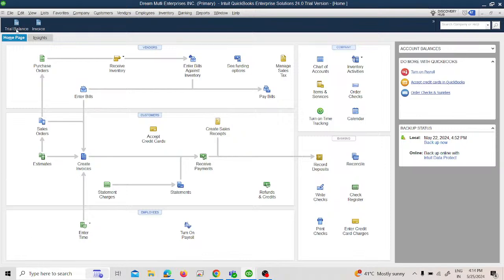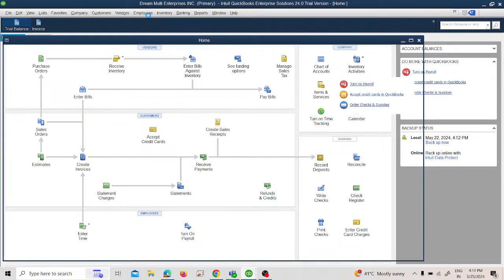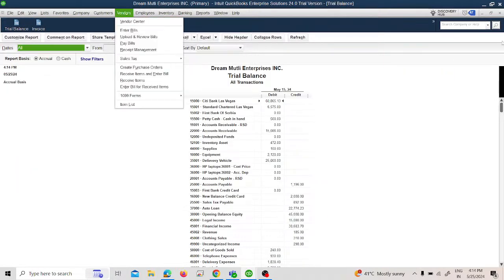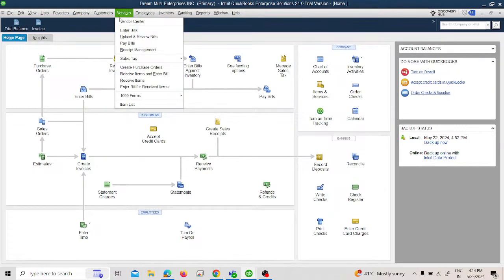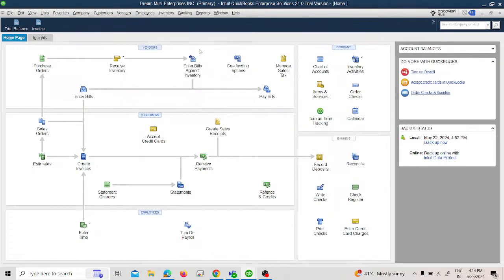Again, if you see the trial balance, we don't have to look at the trial balance because the sales tax liability is enough to see. So we have seen the sales tax liability. Now the next thing, and that is the most important. This maximum sales tax is already an important topic, but